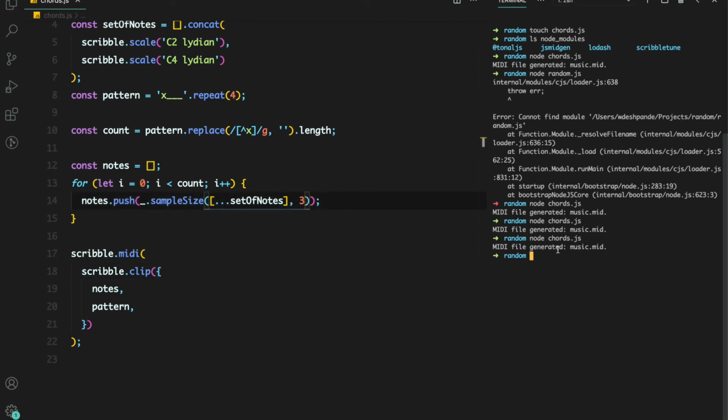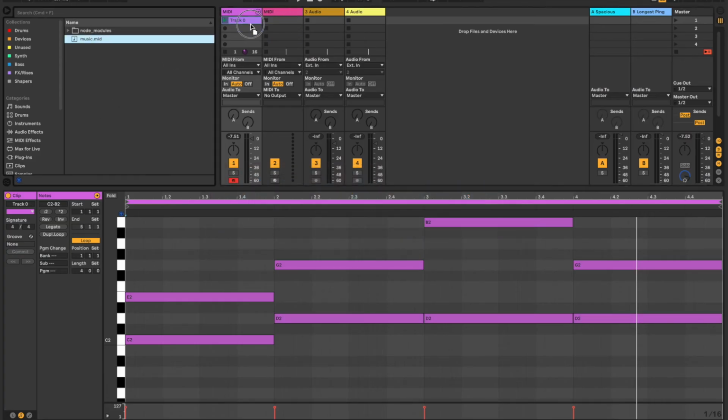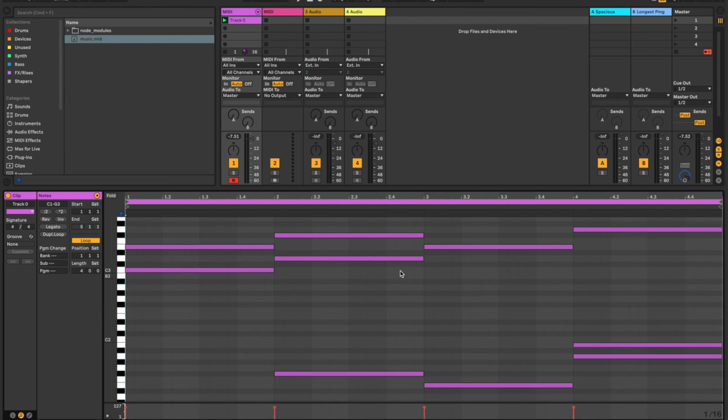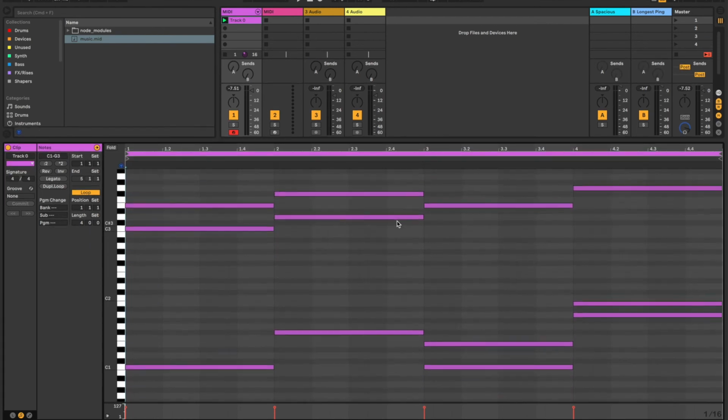And then generate the random chords again. This MIDI file, we'll just bring it in. As you can see, it has now taken 3 notes each with a range from these 2 octaves. And if we play that out,